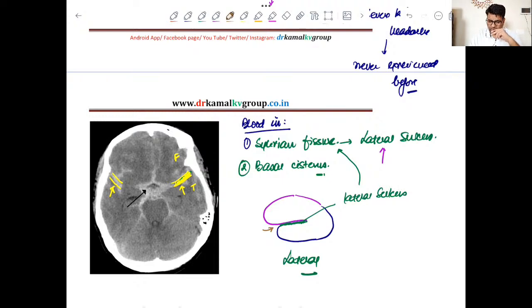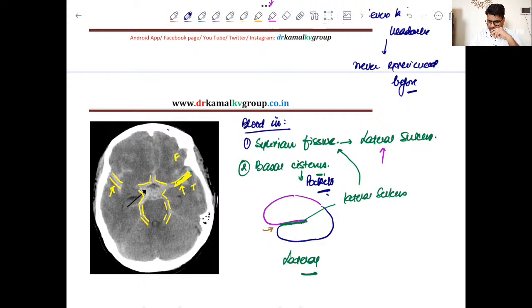Now number two, you can see that these are all cisterns. There are different terms like ambient or other terms, so I won't go into all those details. So these are cisterns. And now what do you mean by the word cisterns? Cisterns are actually pockets of CSF, and when this CSF is mixed with blood,